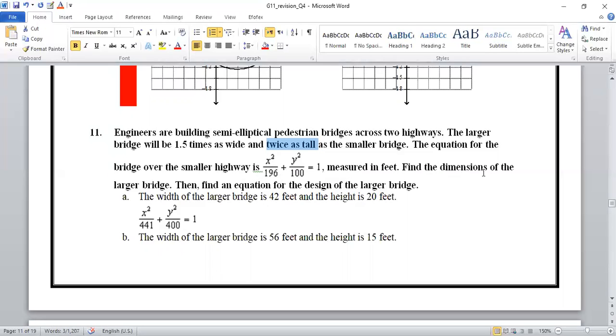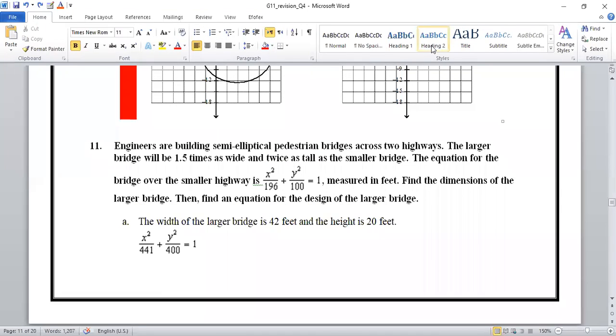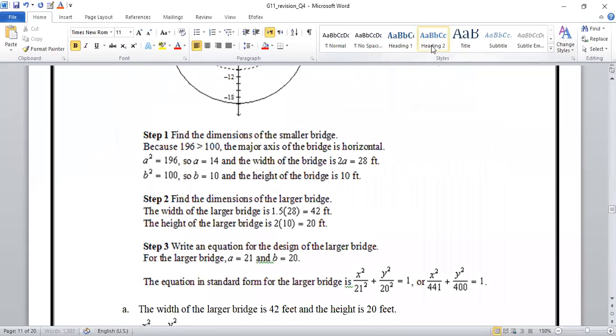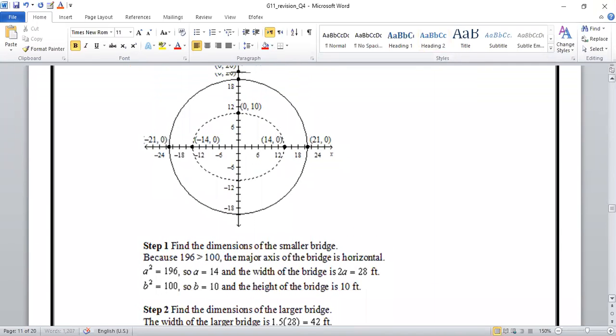Find the dimensions of the larger bridge, then find an equation for the design of the larger bridge. As shown in the figure, after drawing the smaller one,